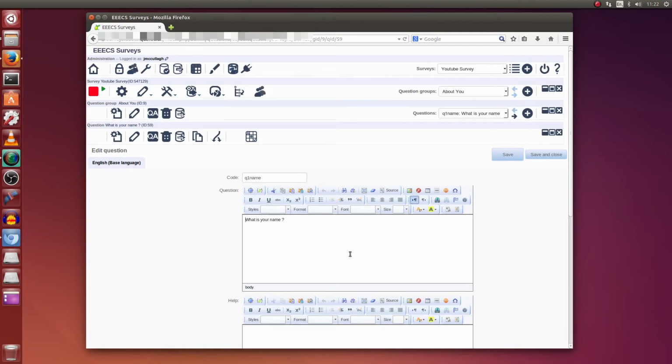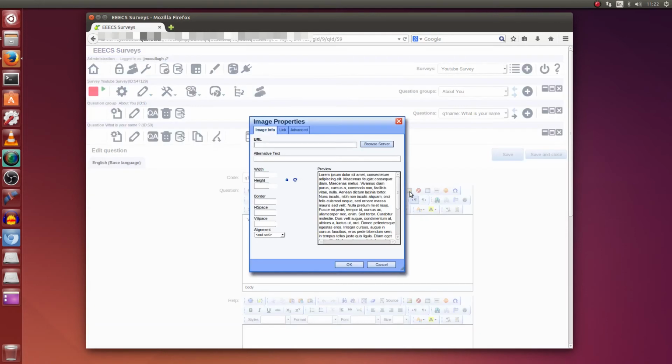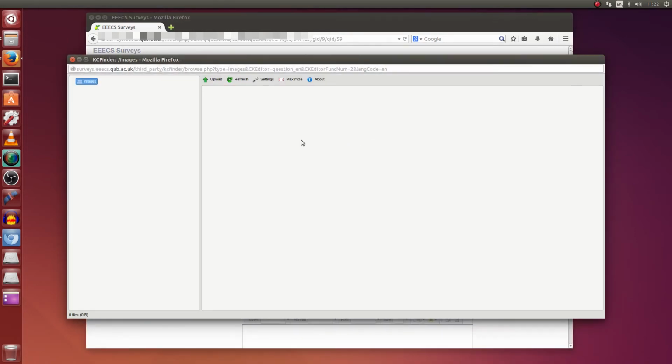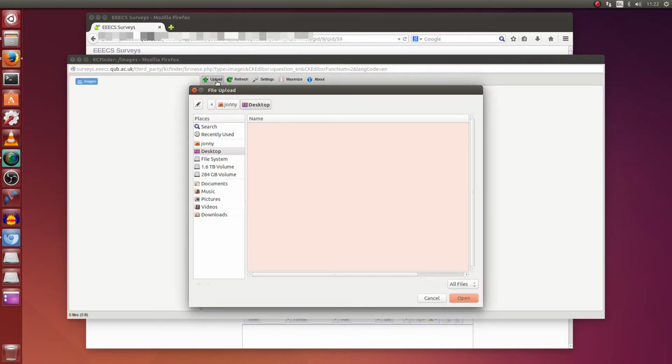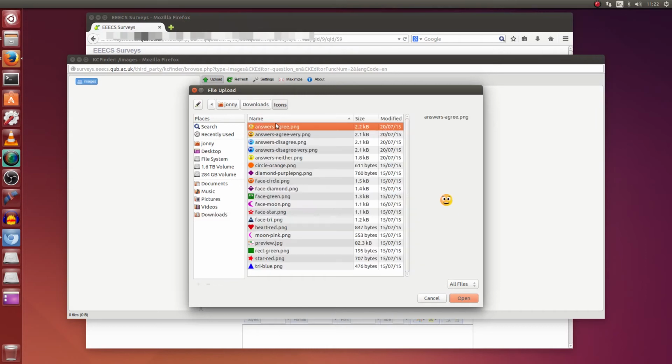And what I'd like to do is add a little icon in here that will draw attention to this particular question. So if I click on the image icon in the WYSIWYG toolbar here, and I can click on Browse Server, and in here I can see any images that have already been uploaded, and there's none at the present moment. So if I choose the upload icon, it'll allow me to pick some images from my computer and upload those. Let's see, I'll just choose